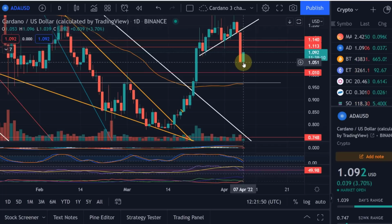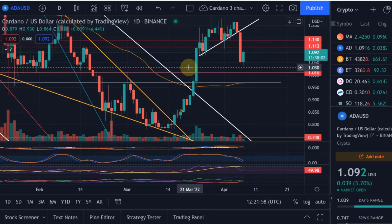$1 and 1.039 basically. So I think really close. And typically what I do when I set a buy order for myself, or when I try to grab a certain price at a certain level, and I know the price might come down to $1, for example, I set my buy order slightly higher. For example, at $1.03, $1.04, $1.05,